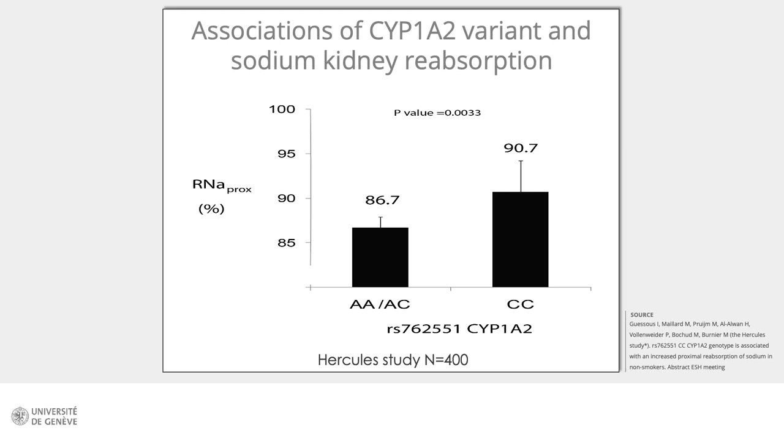And on this graph, you see that people with the A allele, which was associated with less hypertension in our study and in the GWAS, had a lower fraction of sodium reabsorption. So we now understand that caffeine and the gene expressed are indeed related to the amount of sodium that you reabsorb. We followed up on this using another really nice dataset showing that caffeine